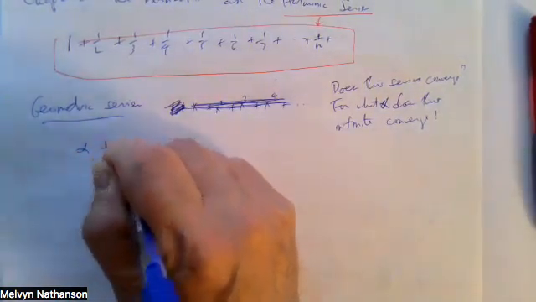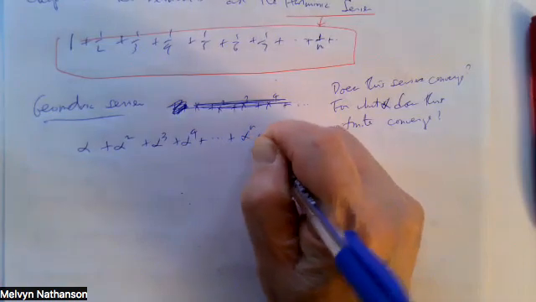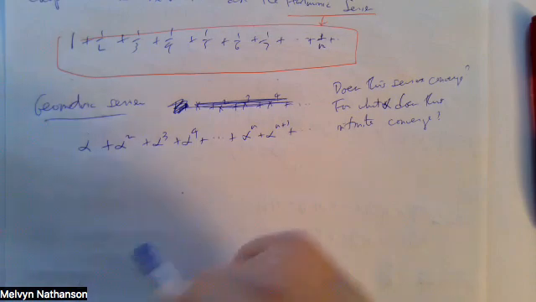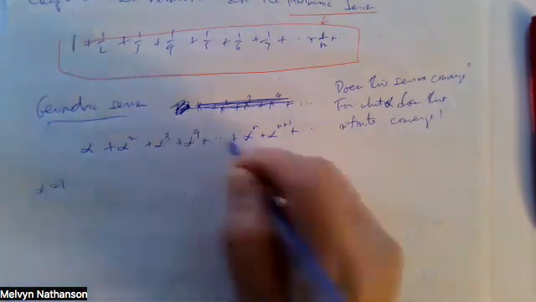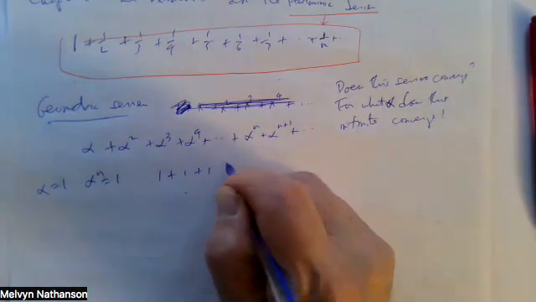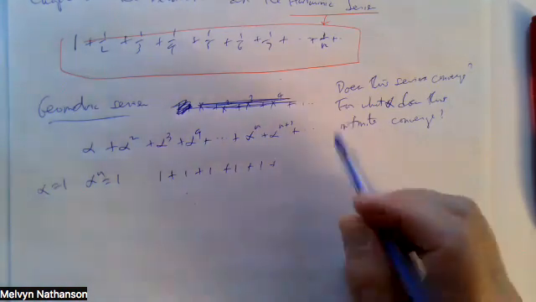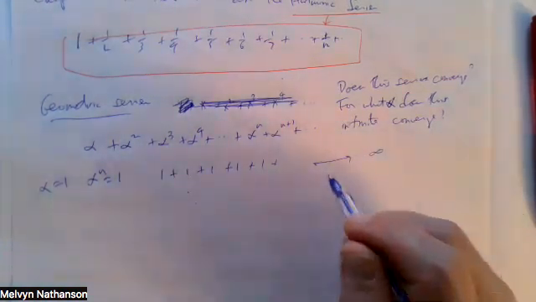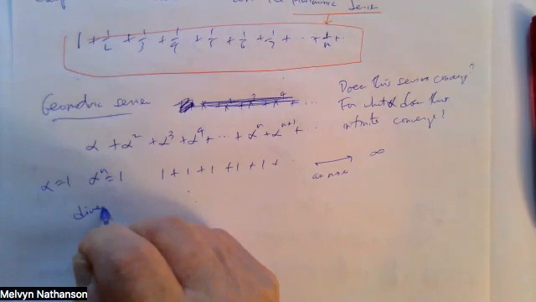You have alpha squared, alpha cubed, alpha to the 4th. And you just keep going, alpha to the n plus 1, out to infinity, right? And that's the series. And the question is, for what alpha does this converge? Now, for example, suppose you let alpha equal 1. Then every power of alpha is 1. So this series is 1 plus 1 plus 1 plus 1 plus 1. You keep adding 1. So the partial sums are 1, 2, 3, 4. This certainly goes to infinity as the number of terms goes to infinity, right? So this series diverges